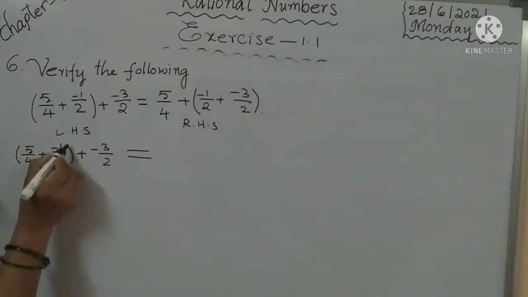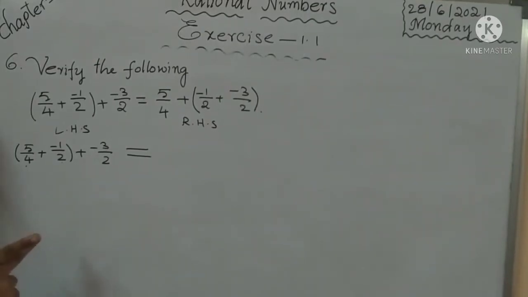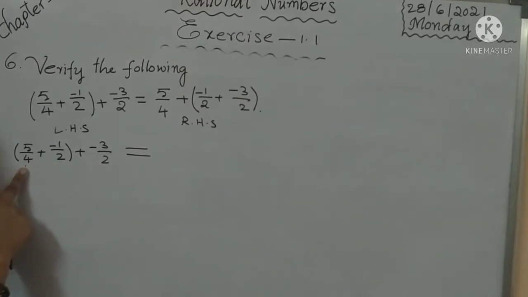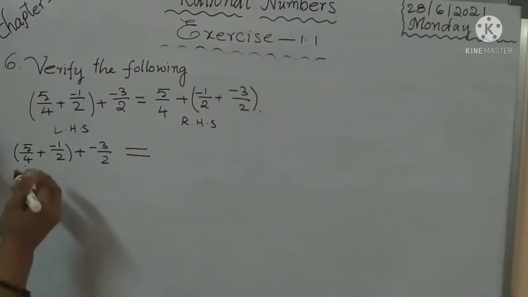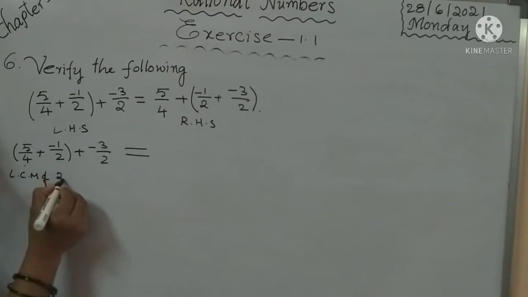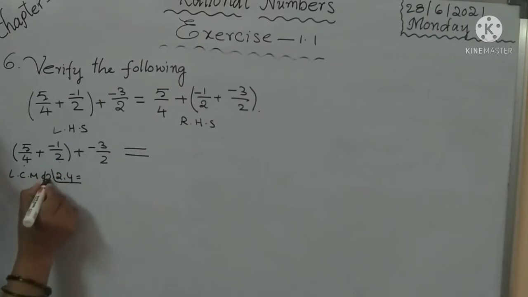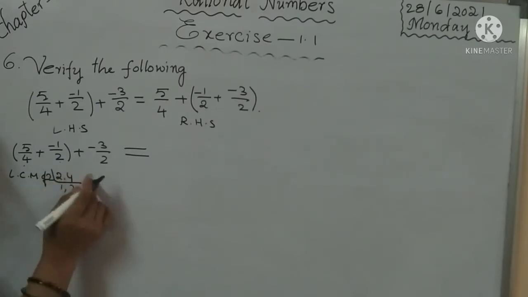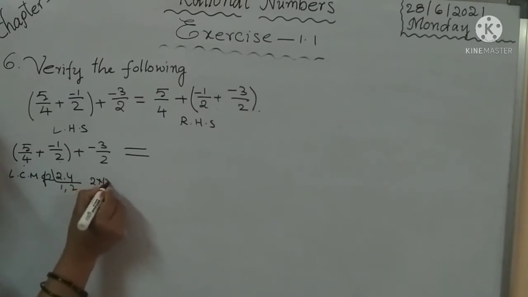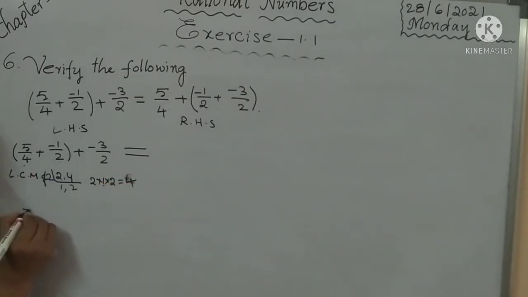Okay, so first group is to do the LCM. So here denominators 4 and 2. These two numbers having tables possible of 2 table. So here 2 table possible and here also 2 table. 2 2s are 4 and 2 is there. So LCM of 2 comma 4 is equal to, so here 2 comma 4 is LCM 1 2 2s. So LCM is 2 into 1 into 2, 2 1s 2 and 2 2s are 4. 2 2s are 4. The LCM is the 4.